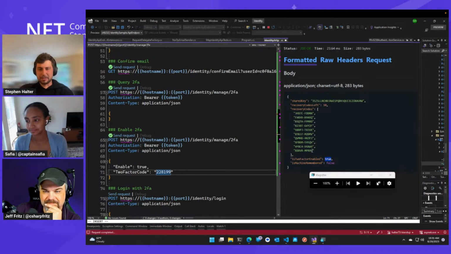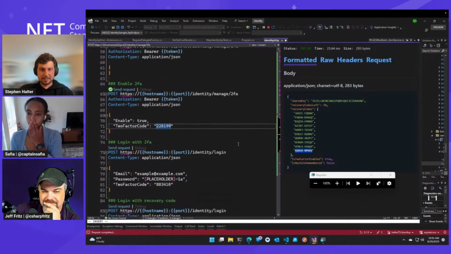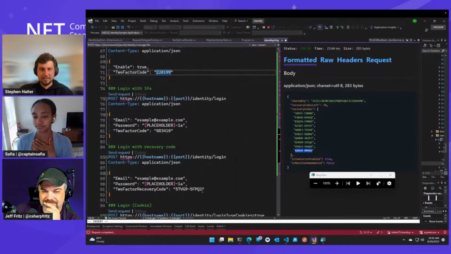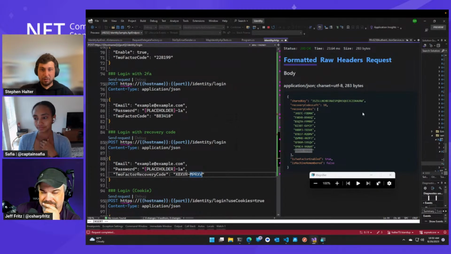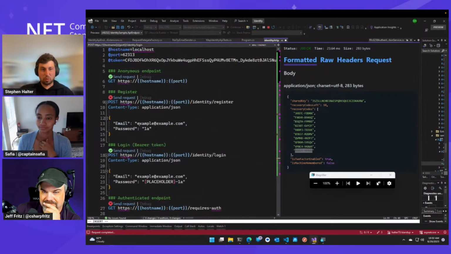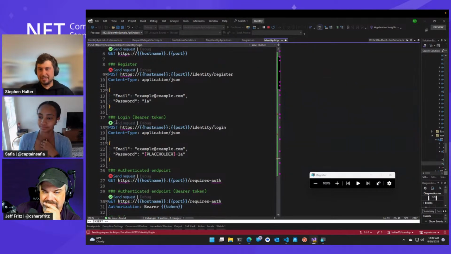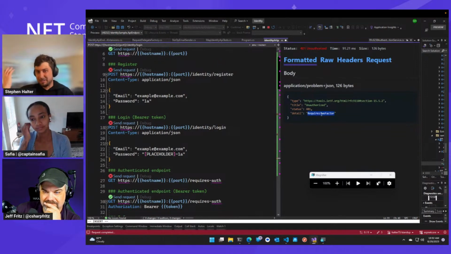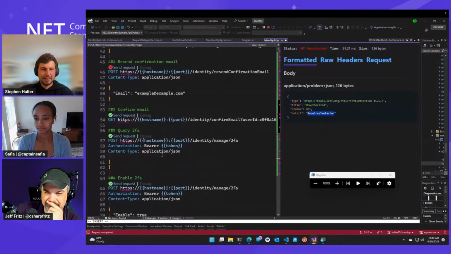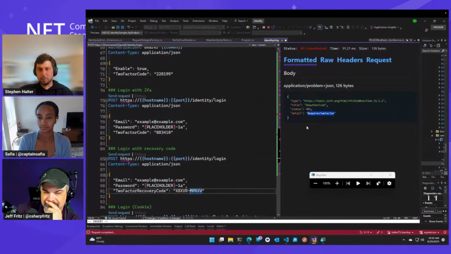We've got a bunch of recovery codes. I'll copy one of those just to show how that works. So yeah, you can use the recovery code and you can log in that way. So note that now that we've enabled 2FA, we can just rerun the login endpoint, right? And it's going to fail because it requires two-factor. We just set that up, right? So now, along with the password, if you get this requires two-factor result, you send the password together with the two-factor code or the two-factor recovery code.